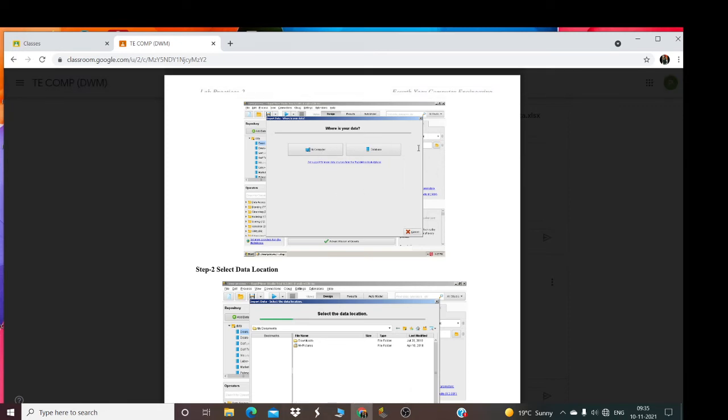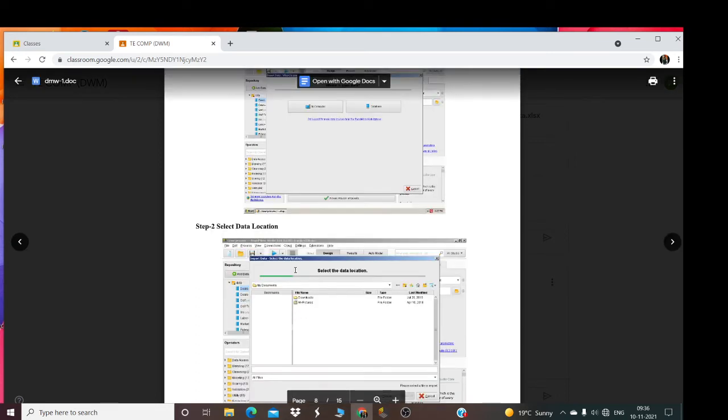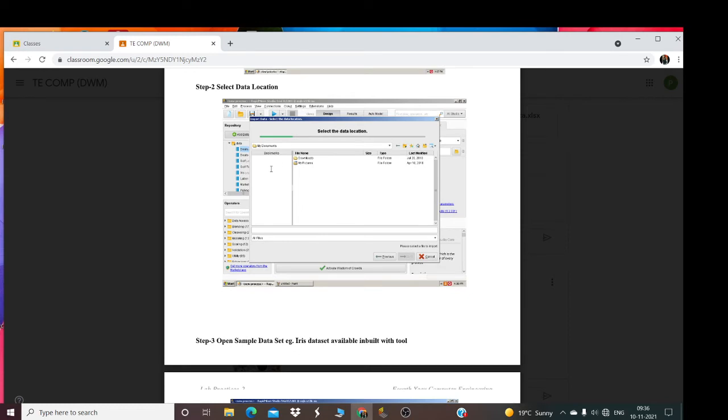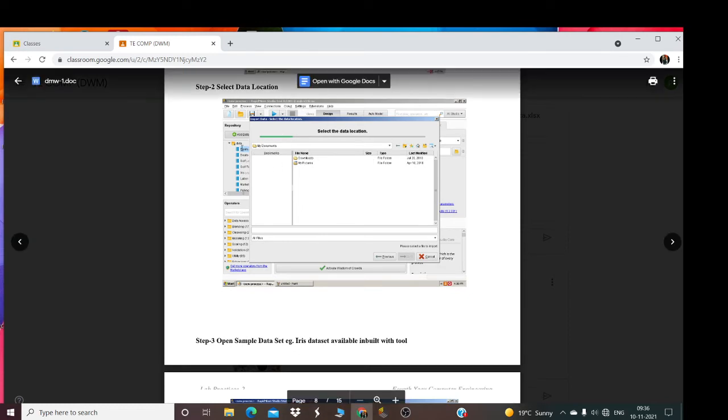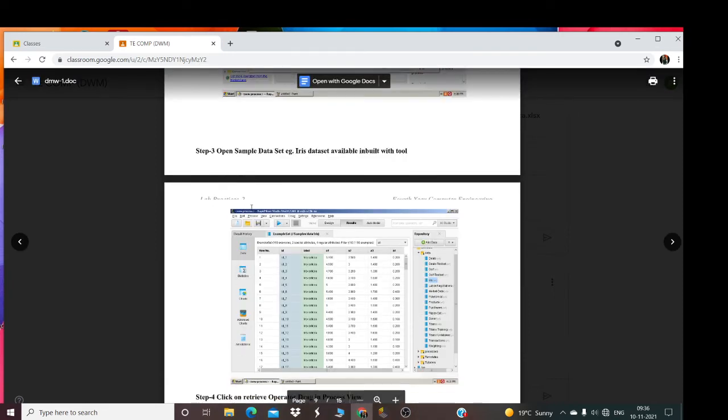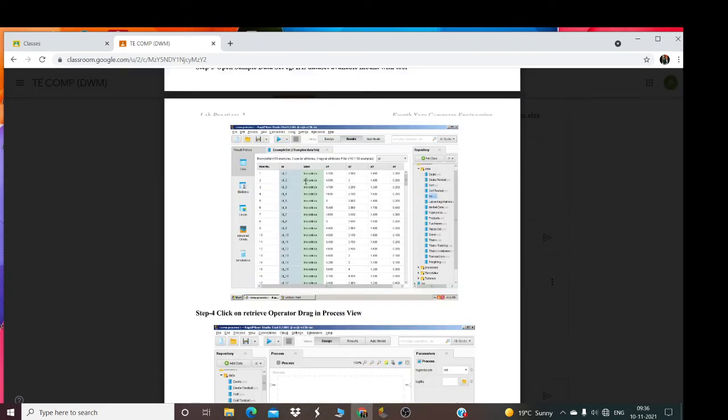If your data is in a database, go to the database. Now select the data location. After I have imported my data in my computer, I will go to my computer and select the data. Okay, the Iris dataset I have selected. Now it will create a window like this in the design tool.